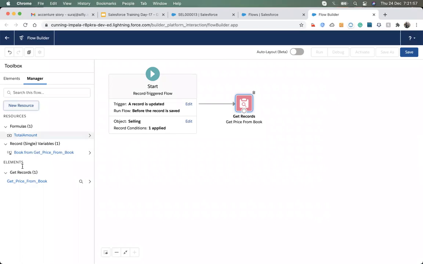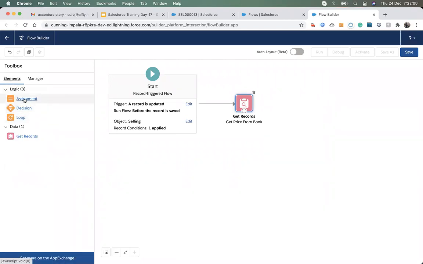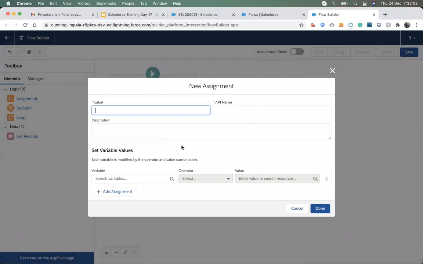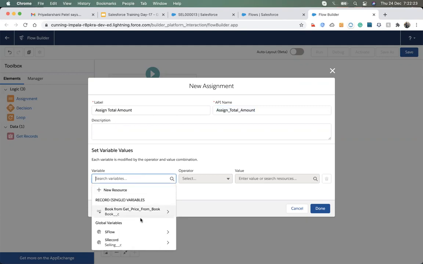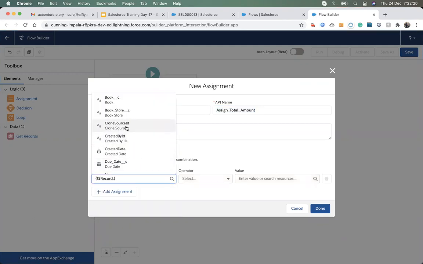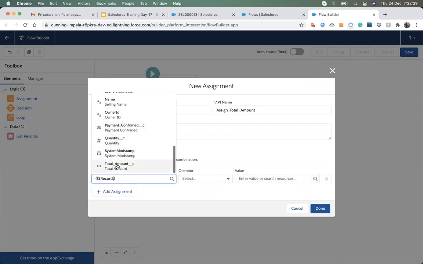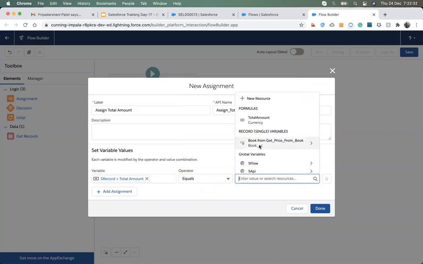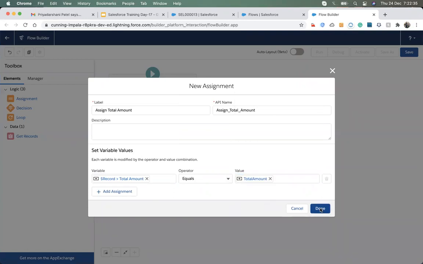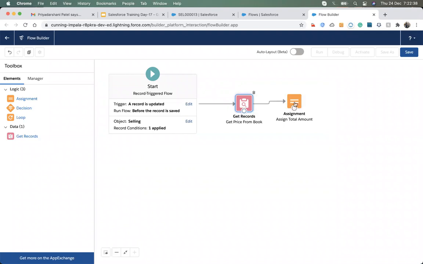That's the calculation. Now I need to do the assignment. Total amount equals the amount that I calculated, which is total amount as a formula field, and I hit done, and I match this one.